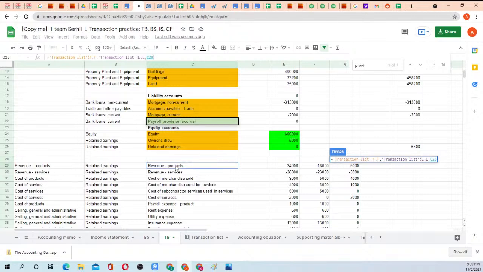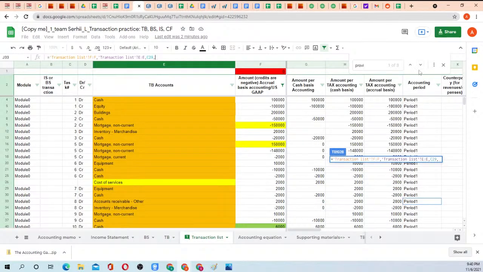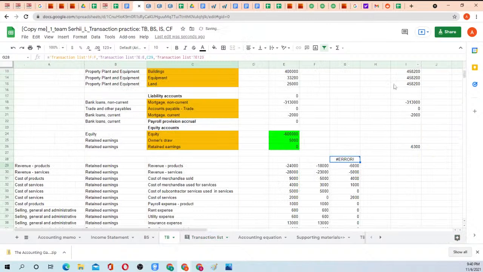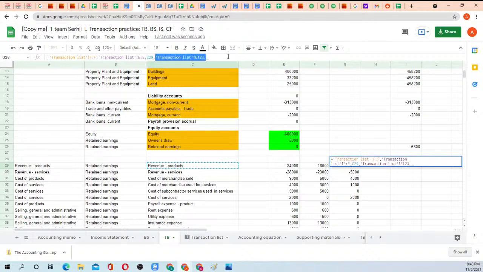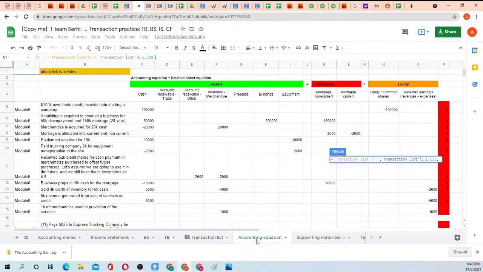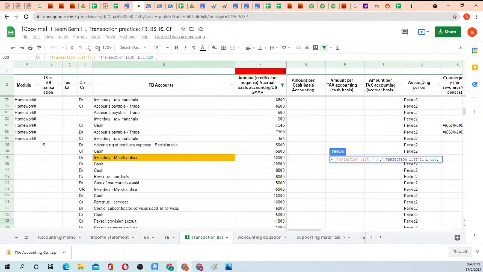So let's select revenue products. Okay, and then I put another comma, and I go back to the transaction list. I select. Okay, I need to close it. Okay, I got into trouble. I need to put a comma. Yeah, that wasn't right. So first I selected accounts and then criteria, and then I selected from the transaction list,